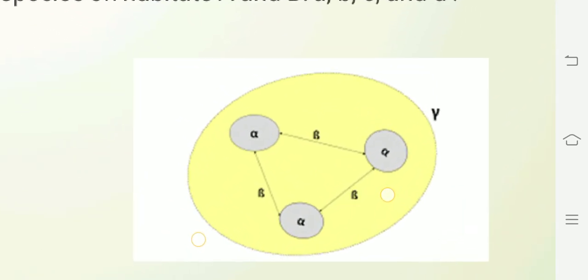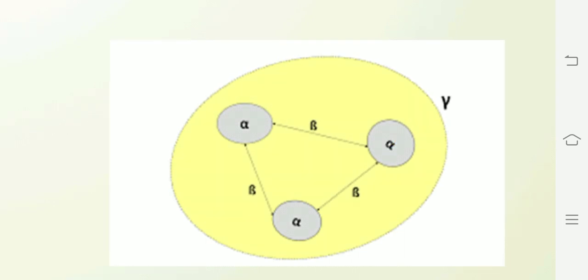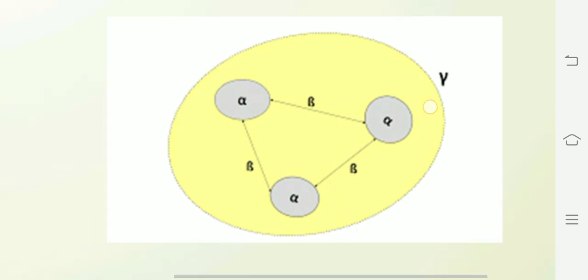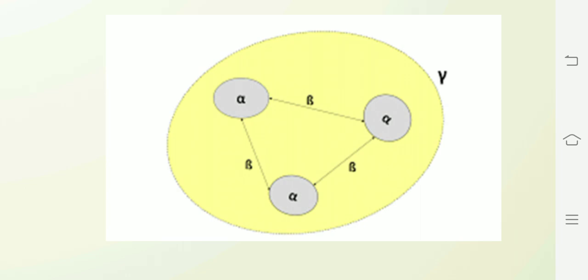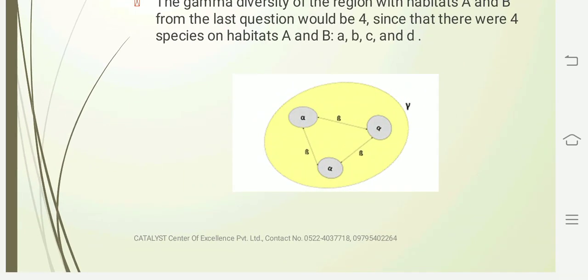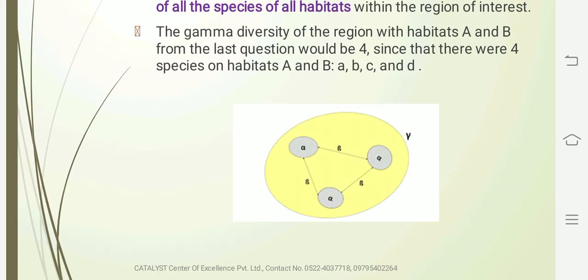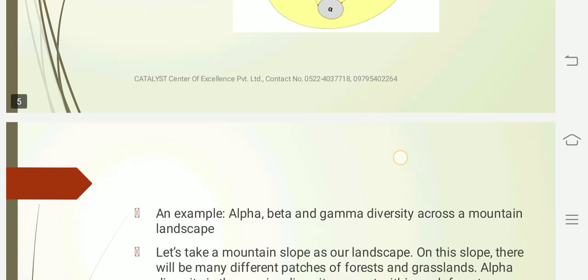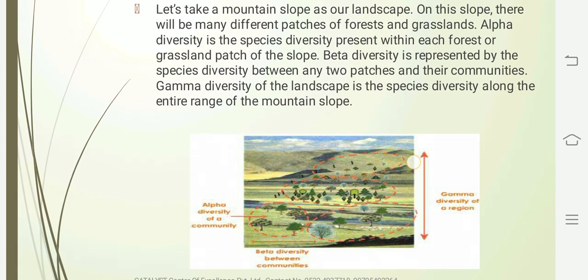See, in this picture also you can very clearly see these small patches are the alpha diversity, but when you compare these two patches, then it will be beta diversity. Okay, and if you compare the whole thing, then it will be the gamma diversity. Okay, I hope now it's very clear from this picture, and if not, we'll be taking another example.